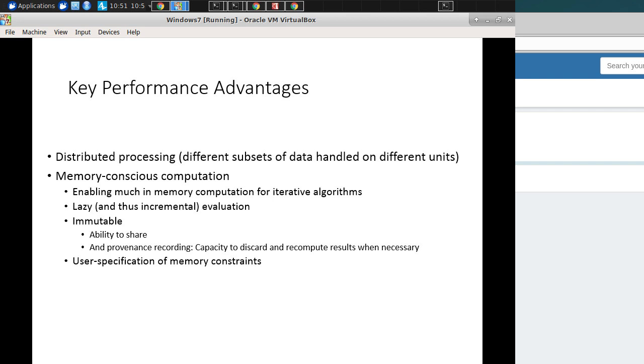We can swap things out or swap them in. We can recompute them, etc. Another thing is, it turns out that Spark allows us, and we'll be seeing this a bit, to specify aspects of memory constraints. We can actually consciously say things about how to partition our data, how to divide it up in an intelligent way, to assist the speed of the computations, to assist in dividing them up in a judicious way, a savvy way across machines, and to minimize what's called shuffling, where we have to bring together data from